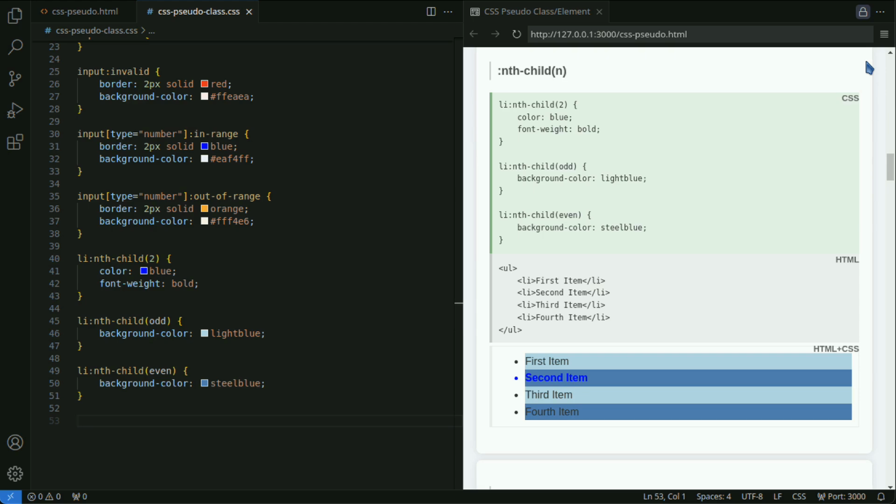By specifying even or odd, you can apply styles to odd or even elements. In this example, different background colors are applied to even and odd rows. This can be used for striped table designs, for instance.